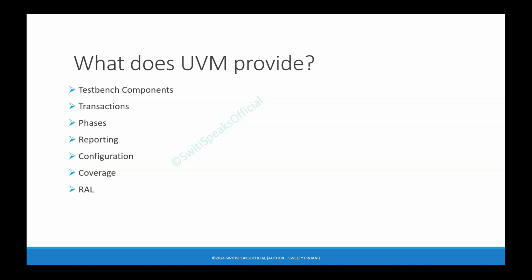Now registers can also be of different types. There can be read-only registers, wherein if you write something it should not be written. There can be write-once registers, wherein you should be able to write only once. If you try to write it again, it should not be overwritten. It can only be written once, and if you want to rewrite, you need to reset your system again. That can be a design specification. So for these different kinds of registers, to test them you need a different kind of support, a different kind of mechanism, which is provided by UVM RAL.